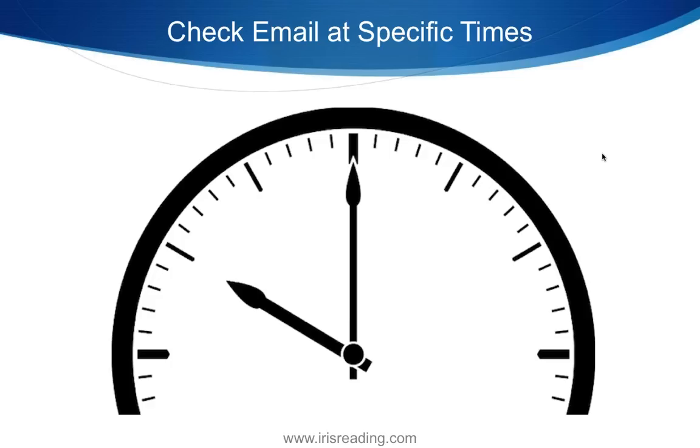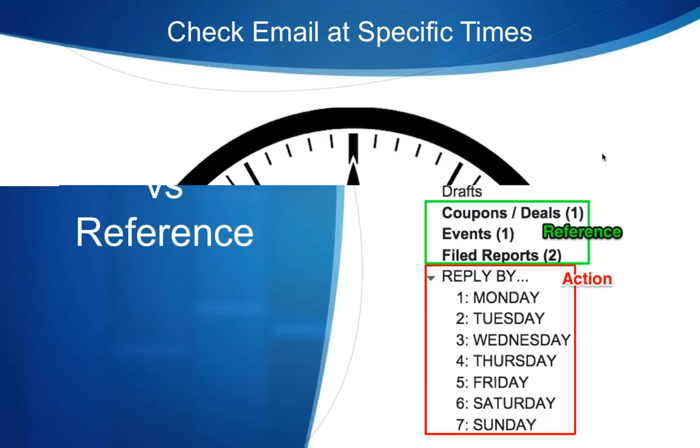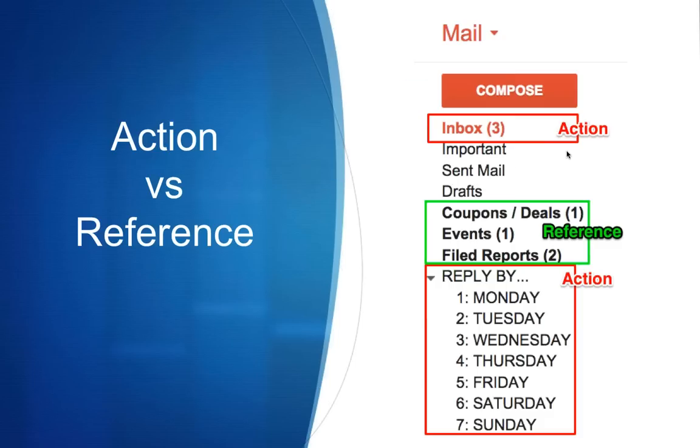Also, checking email at specific times can be a useful way to stay a little more productive. Again, I realize not all these tips are going to work for every single individual, but I want to give you some ideas and options, things that I've done to make myself a little more productive with email. I try to avoid checking email first thing in the morning. I'll try to leave it off until maybe 10 or 11 o'clock. You might want to do the same. Work on those most important tasks first and then check your email.